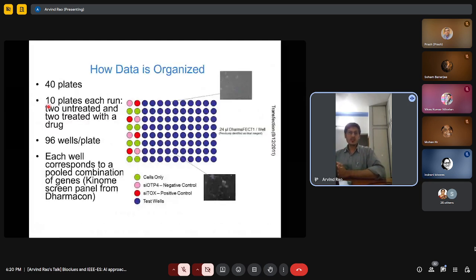So now how this data looks is the following. There's 40 plates worth of perturbations we are doing. Each plate is a 96 well format. What you see here in color, not the blue color, is controls, positive and negative controls. The blue colored wells are the actual experimental perturbations. And what you're doing is you're now trying to screen for the entire kinome, all the kinase genes, and trying to perturb them one by one and ask the question, how does knocking down a particular kinase affect the morphology of these triple negative breast cancer cells?